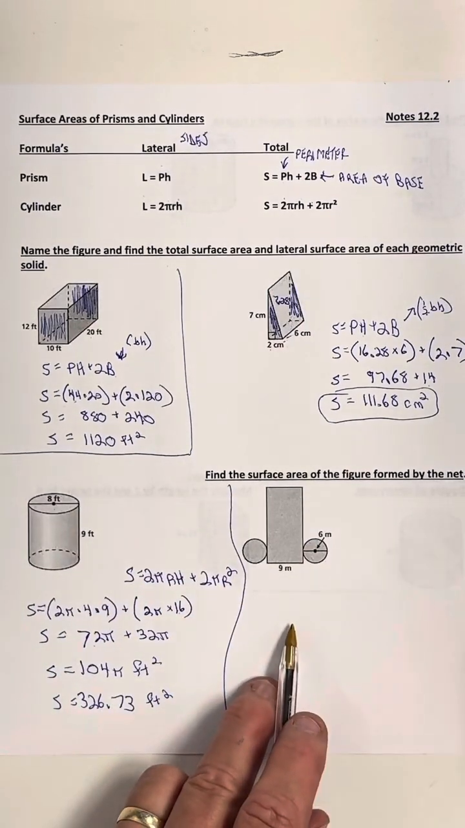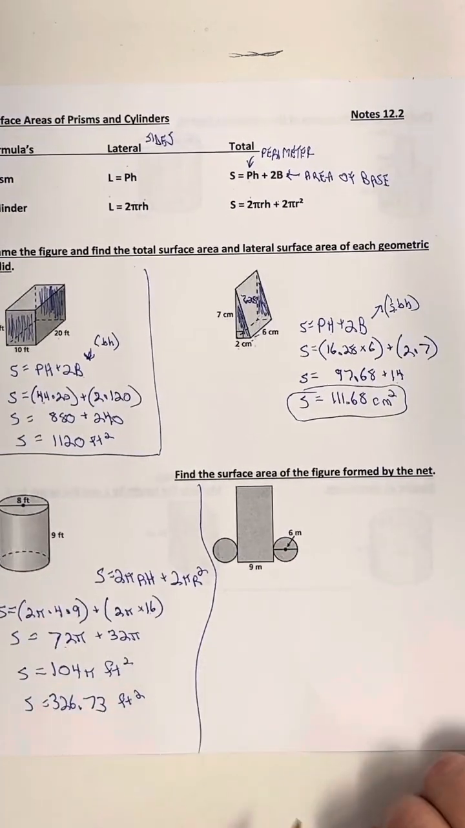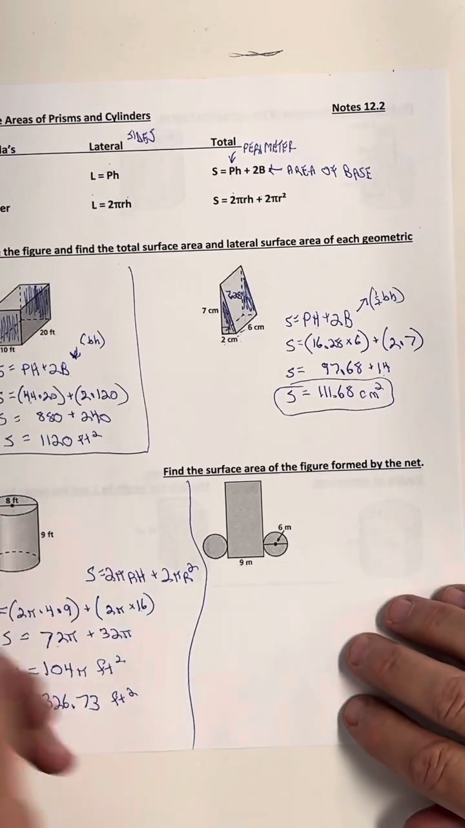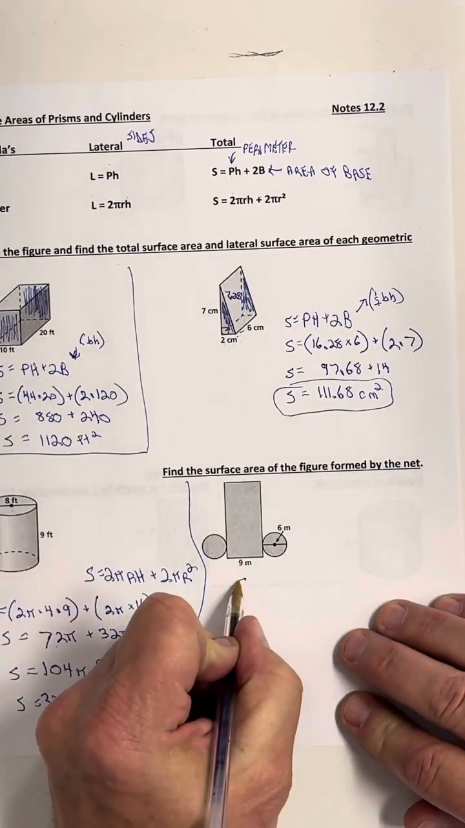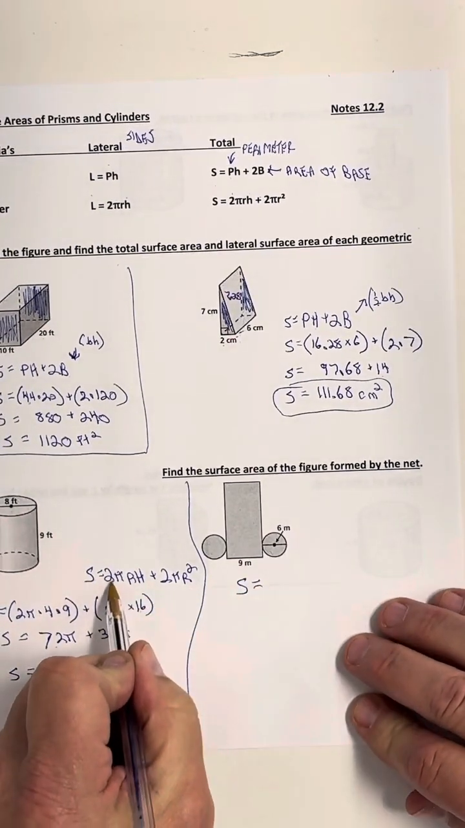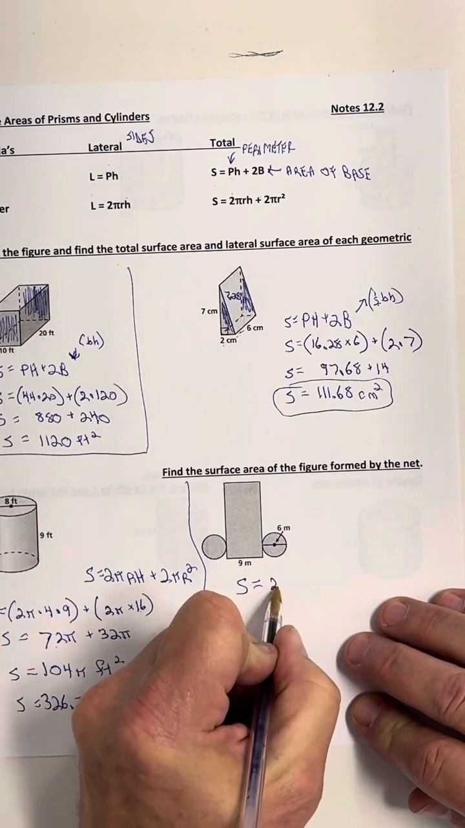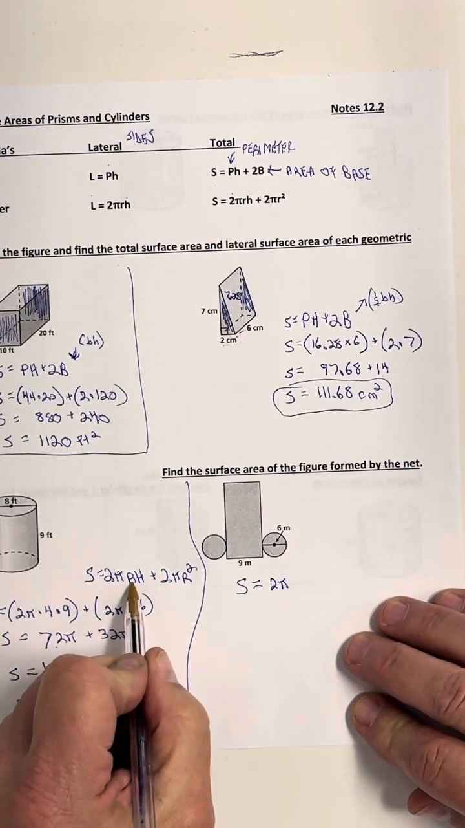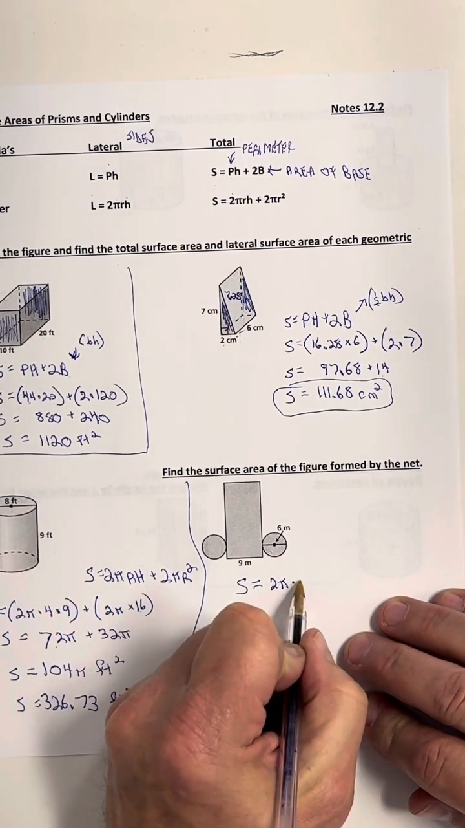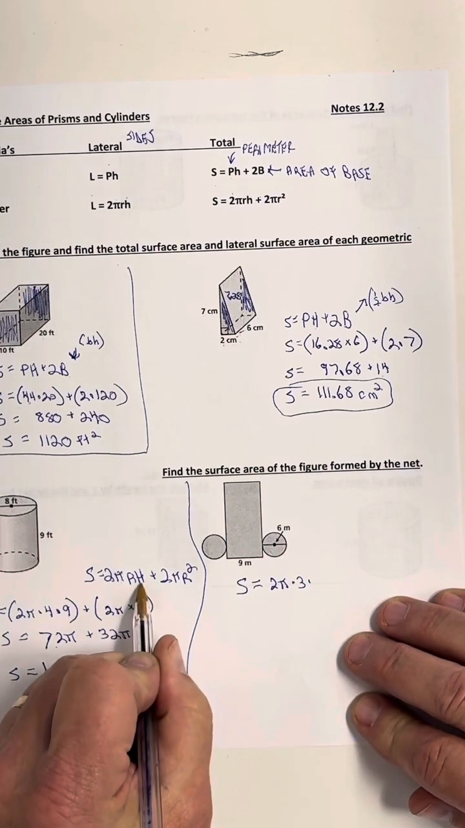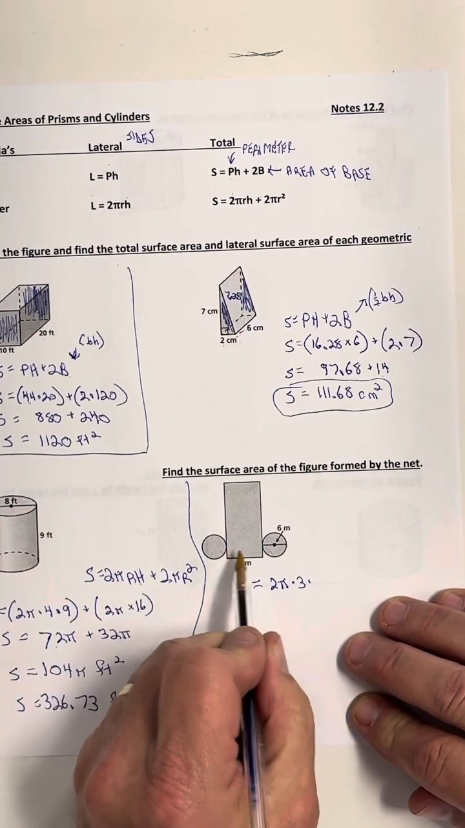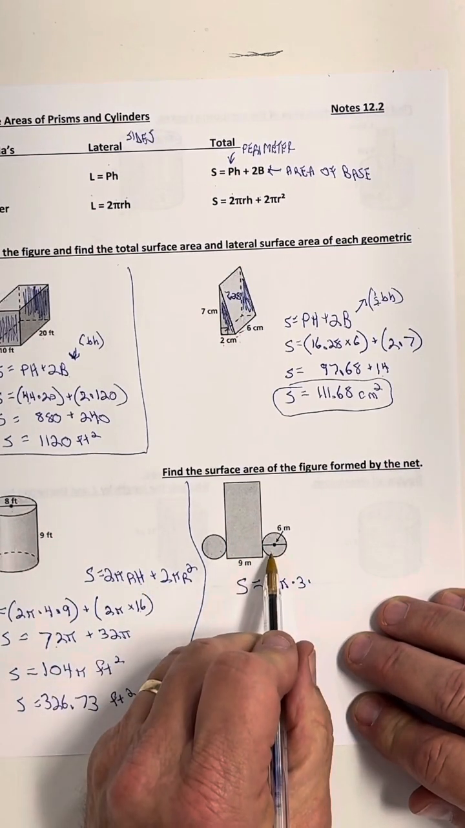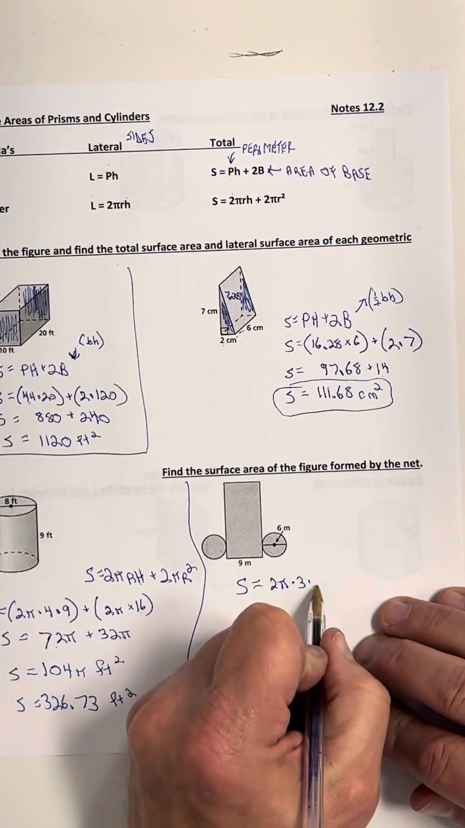Now sometimes you have to do the net. So this is the net of a cylinder. We can still do the same thing. Surface area equals 2 pi times the radius, which would be 3, times the height between the 2 bases. If I were to draw a cylinder, the height would be 9,